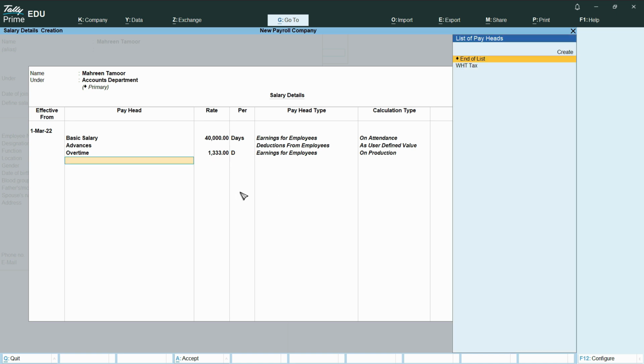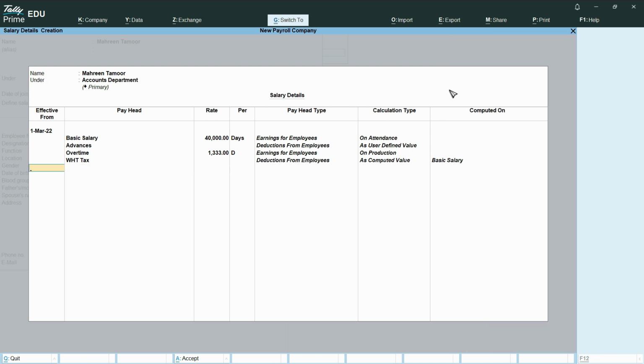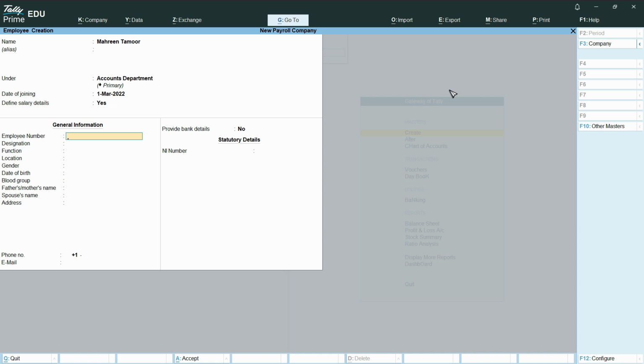So press tab, and then we will select withholding tax they are entitled to, and then select end of list. Press Ctrl A, and the same thing will be followed for all the employees. We can also mention all the general information, which is pretty simple: their gender, location, function, designation. So you can define all of this, and after that just go back